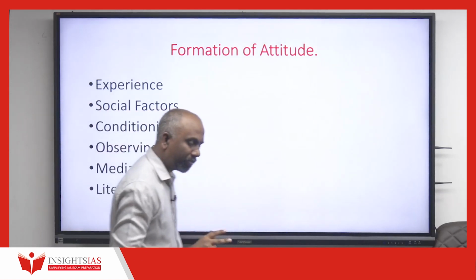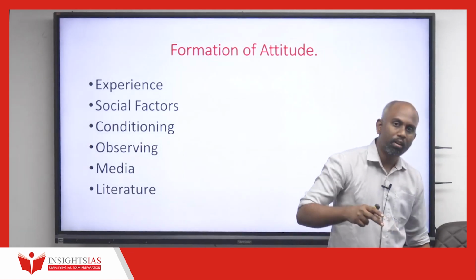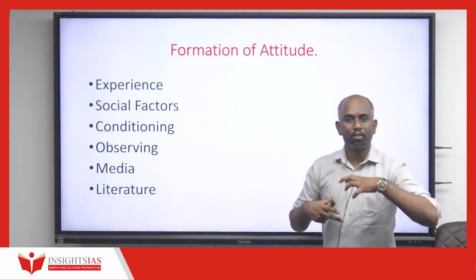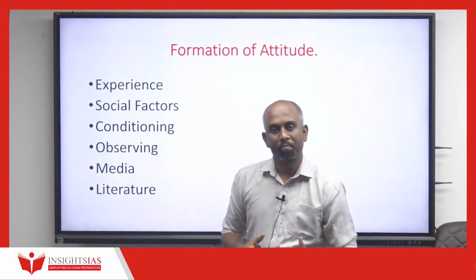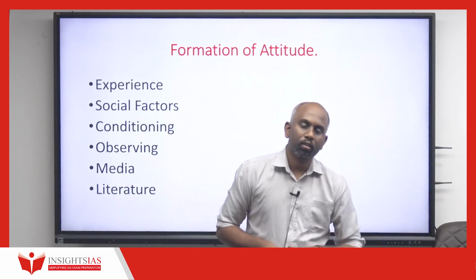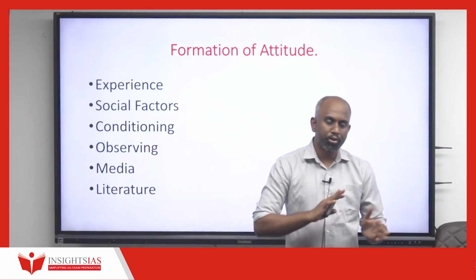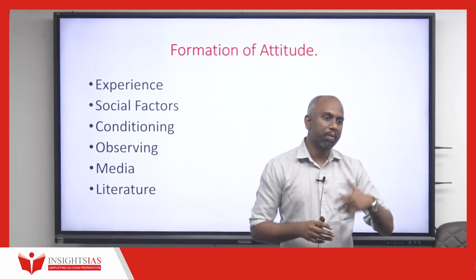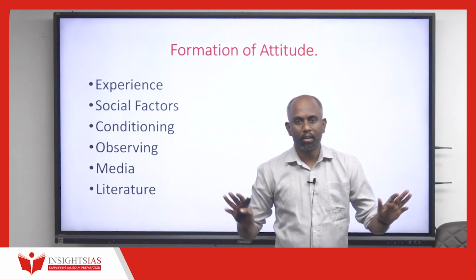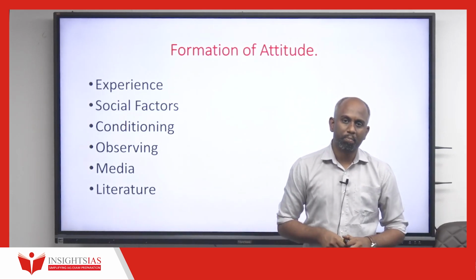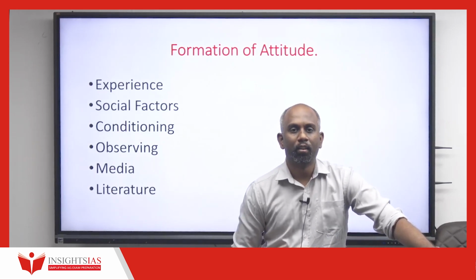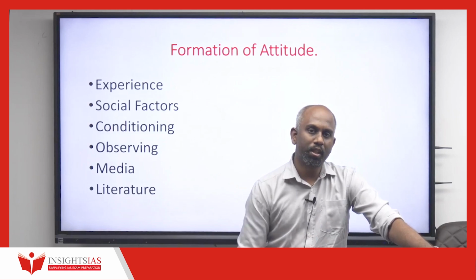Here there can be two types of conditioning. One is classical conditioning, the other one is operant conditioning. All of you would have come across the story of Pavlov's dog, that is what we call this experiment. Usually when the dog was served food, there was no indication that it was being served food. They used to just call the dog's name and it went and had the food. But what Pavlov did was, before giving the dog the food, he started ringing a bell. After ringing the bell, the dog was given the food.